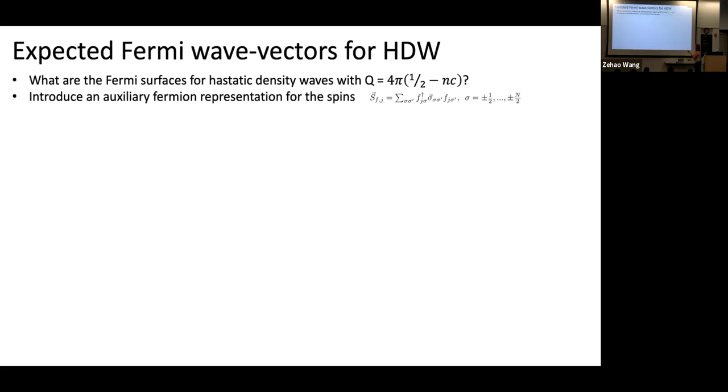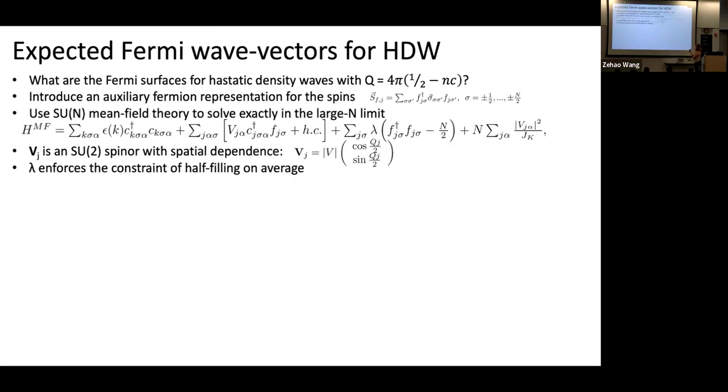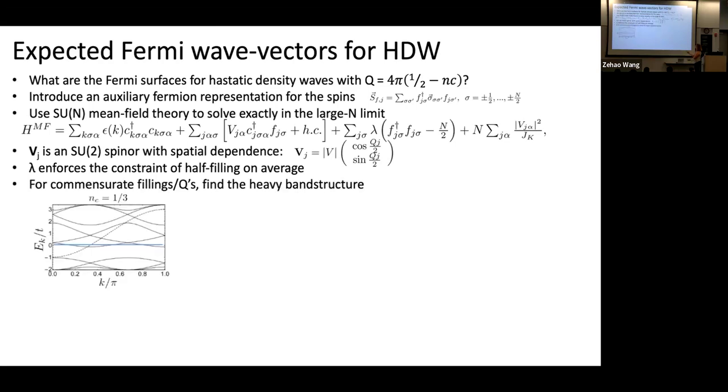We can look at this in mean field, if we know what our density is and what Q vector we expect to get. So this is the same mean field as before. I'm going to just go through it really quickly. You get a band structure. So at 1/3 filling,